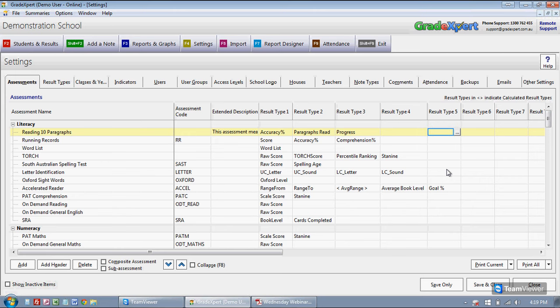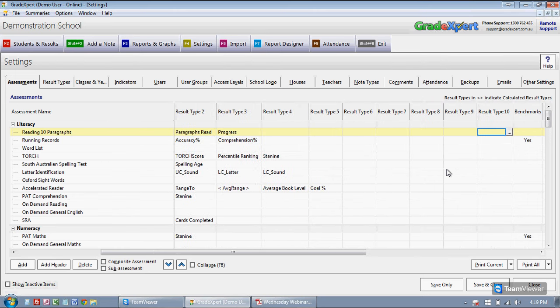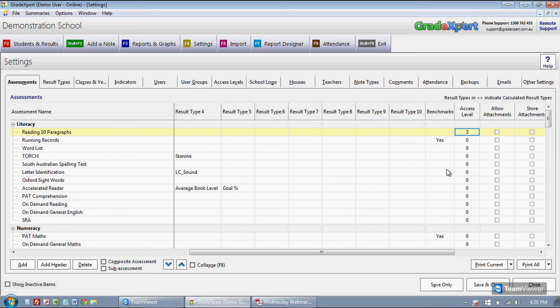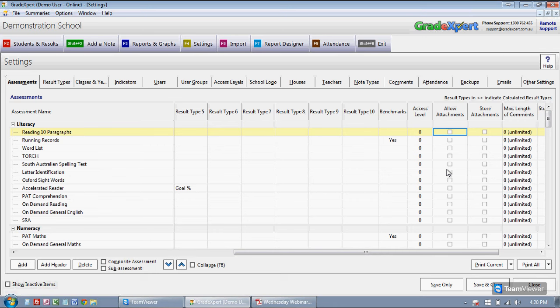As I move across, you can see we've got result types that we can set up to 10. You can put benchmarks in, which I'm not, but I'll come back to. The access level, what access level is required to access this assessment. If this is an assessment that you only want certain people to be able to get to, you just change that, say, to 3. I'm going to change it back to 0 for now, because these other two columns are where we can, for